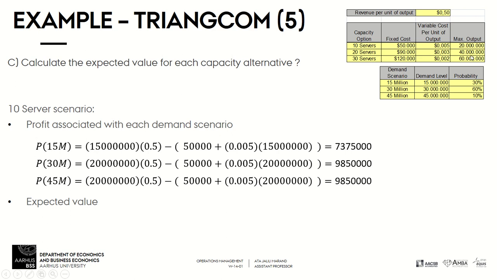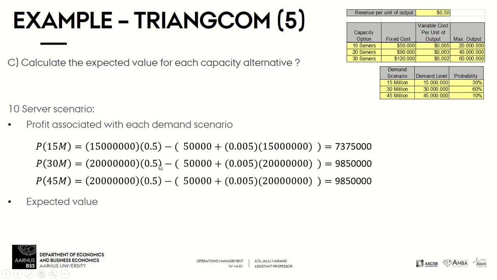If you remember, we had a maximum output limitation for each demand alternative. For the first alternative, the maximum output can be 20 millions, as you can see in this table. So we cannot provide more than this. So this is the limitation that we have. So even though the demand is 30 millions, we will at most sell 20 millions. So that is why in the revenue function we have 20 millions multiplied by 0.5, which is the